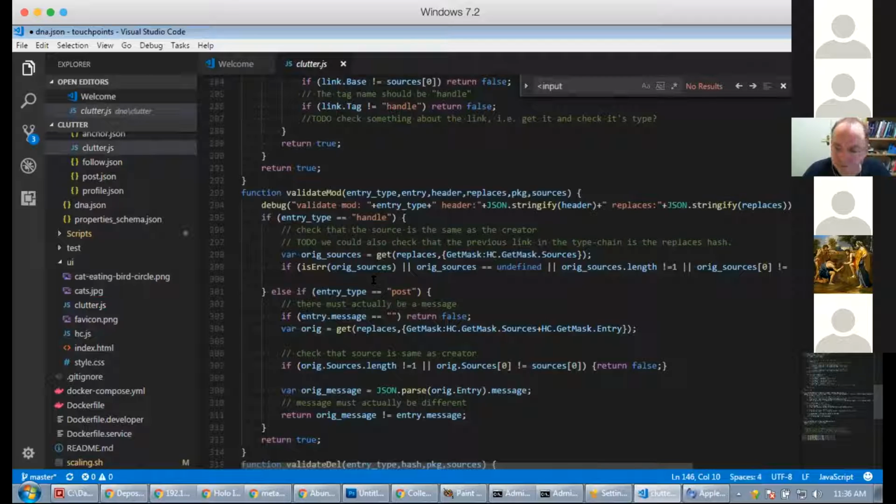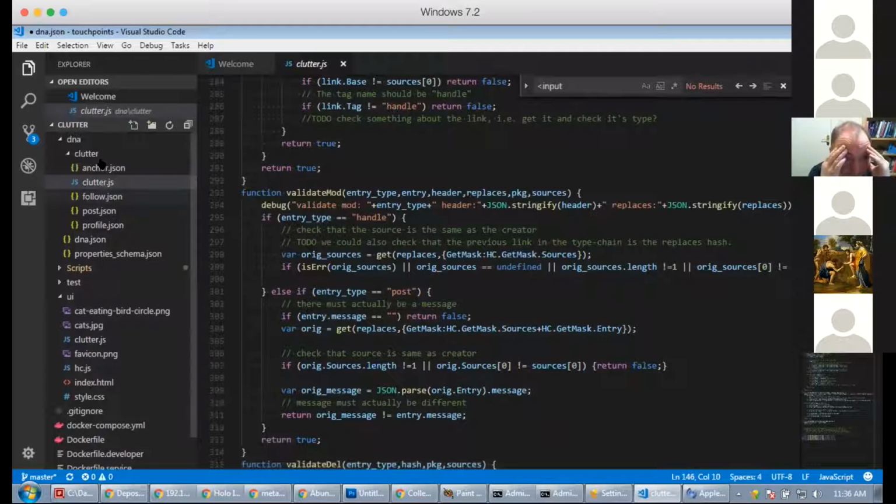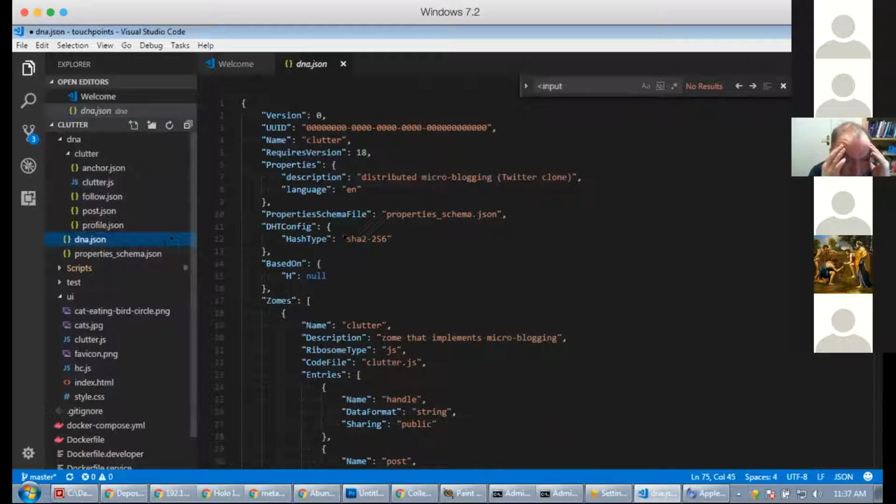I have one question, Ray, on those definition files that describe the types and everything. How are those generated? Well, we actually do have a scaffolding application that generates these, but you just generate them by hand, generally. Okay.